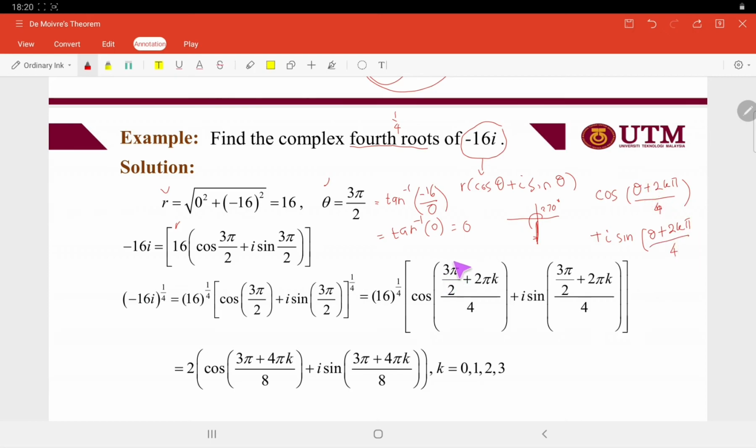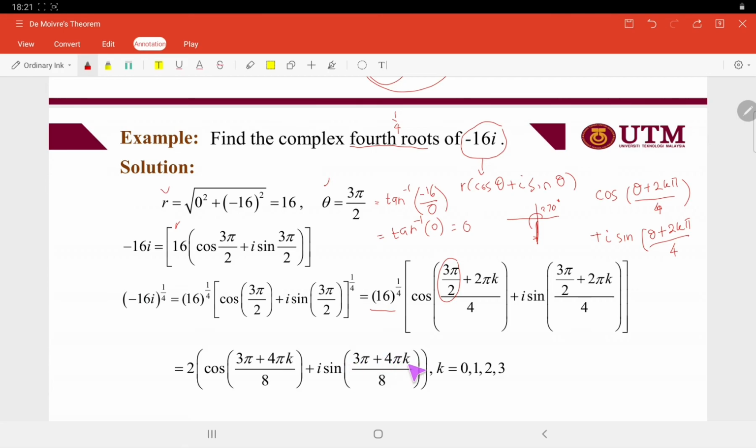So our theta is given as 3 pi over 2, so we have cos of 3 pi over 2 plus 2 pi k divided by 4, plus i sine of 3 pi over 2 plus 2 pi k divided by 4. So we solve these roots. We get 2 times cos of 3 pi plus 4 pi k divided by 8